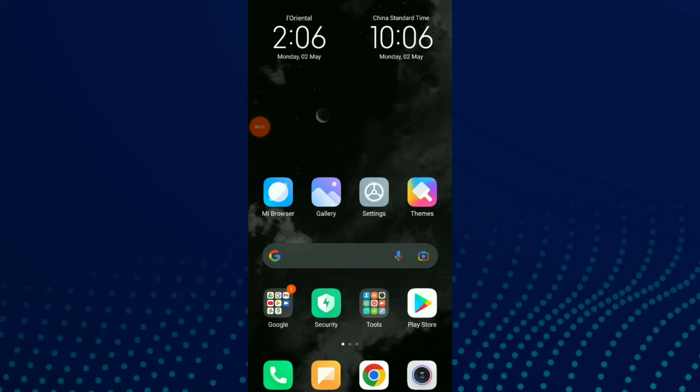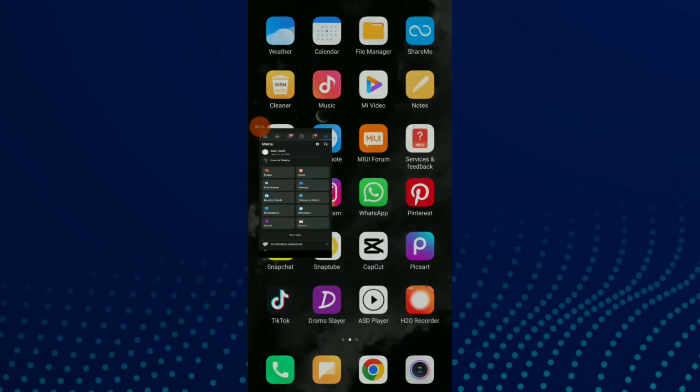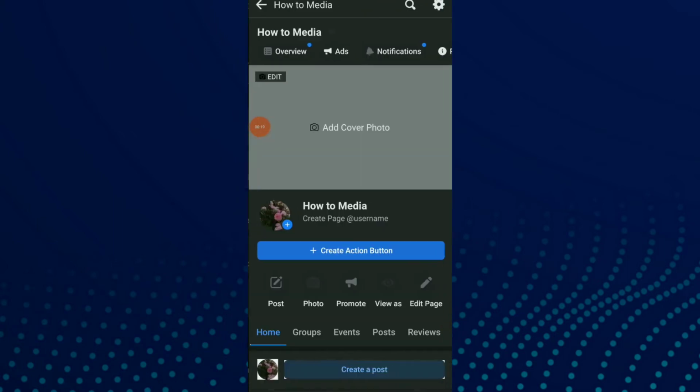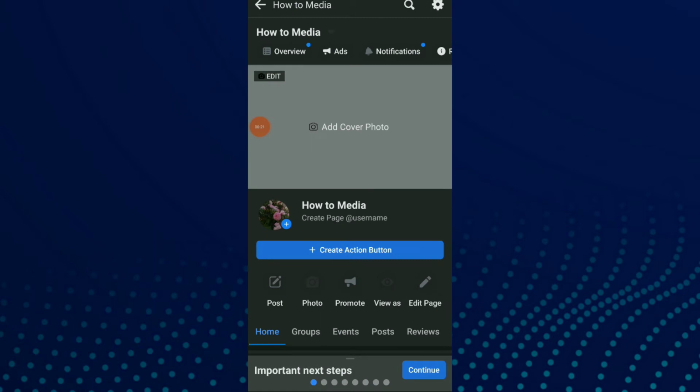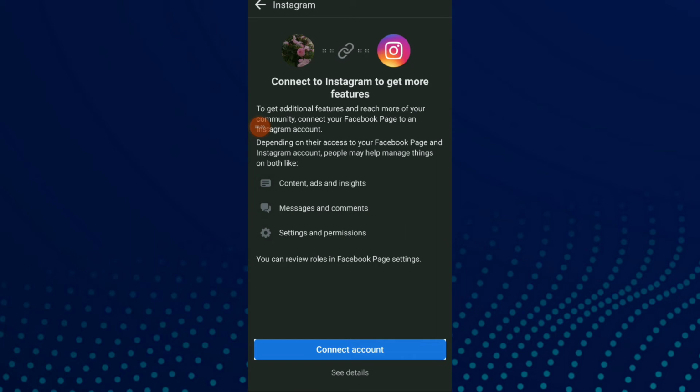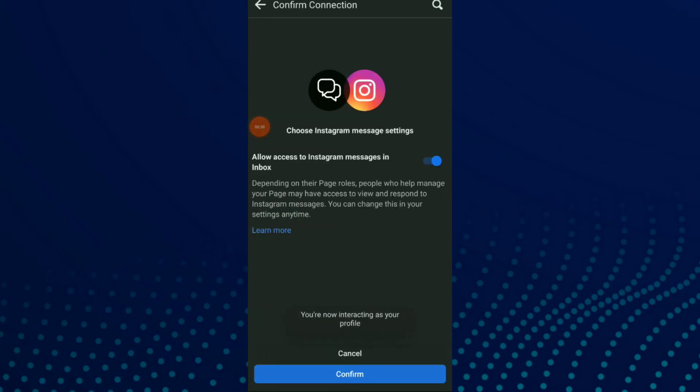Easy and quick. So first, go to your Facebook app, click on it, and now go to your page, and here click on the setting icon beside the search icon, and now click on Instagram, and you're gonna find connect to Instagram to get more features. All you need to do is click on connect account, and now you can turn on allow access to Instagram